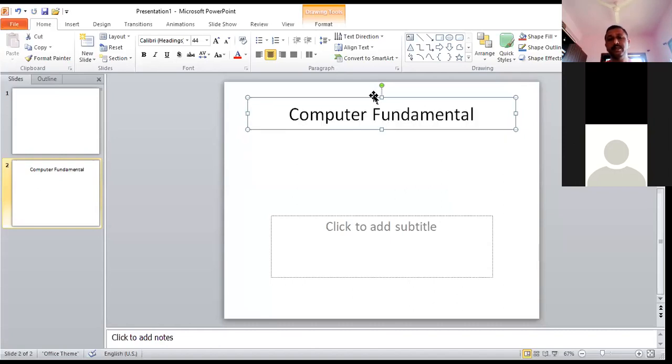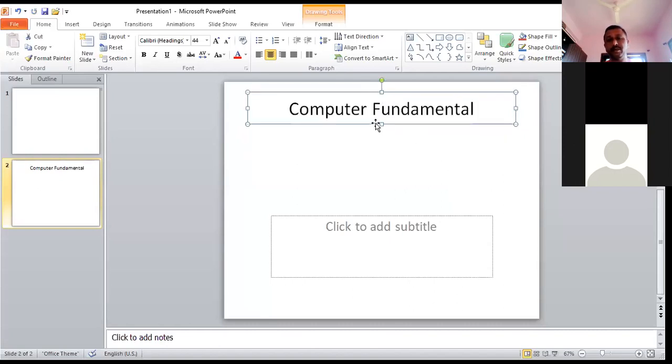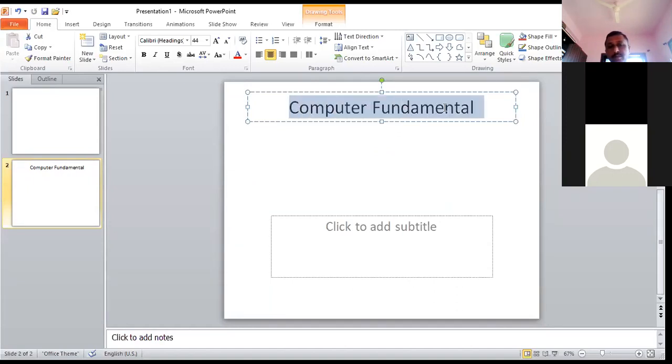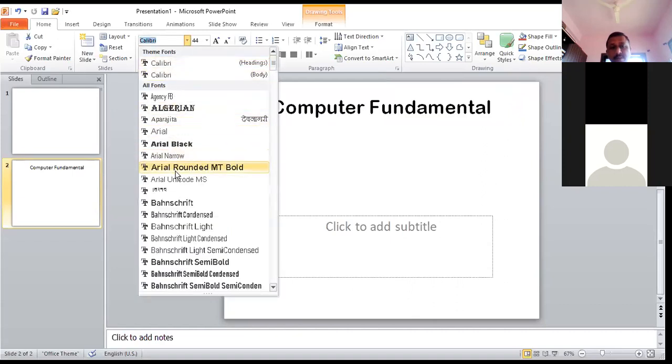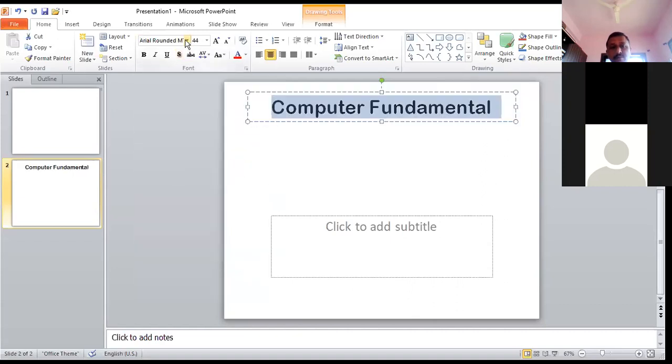Now I'm going to use this heading for making some formatting of it. I can choose the text and format it. The first thing is that you have to select the text first. Use the I-type cursor and select the text. After selecting the text, you can apply the font formatting to it. You can apply the font name; the font names are given there and can be applied.